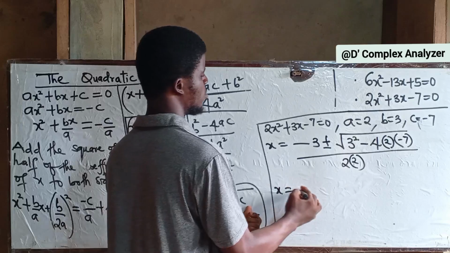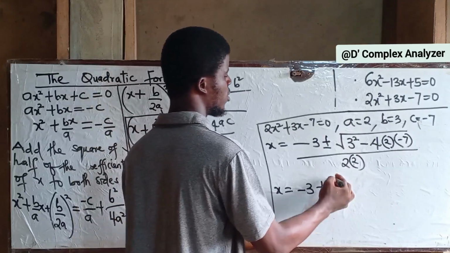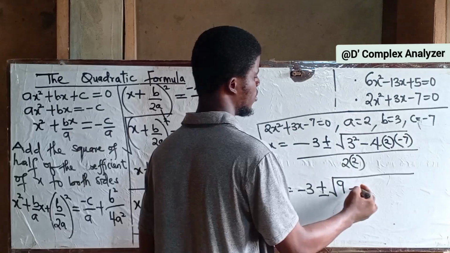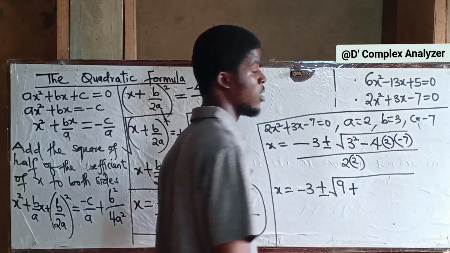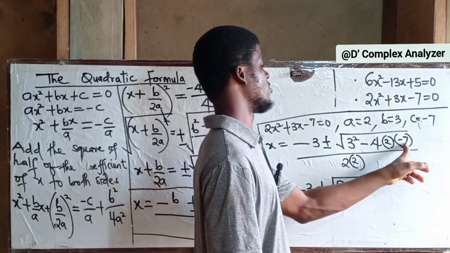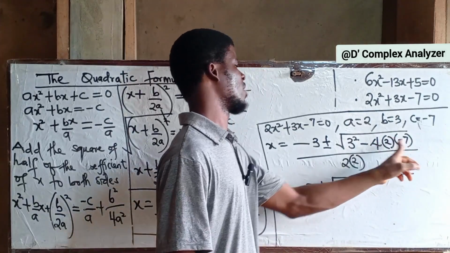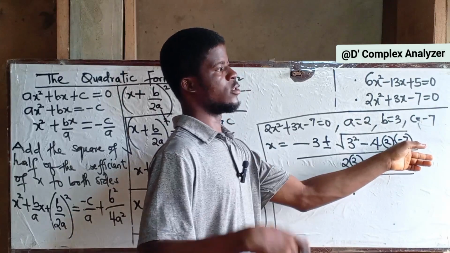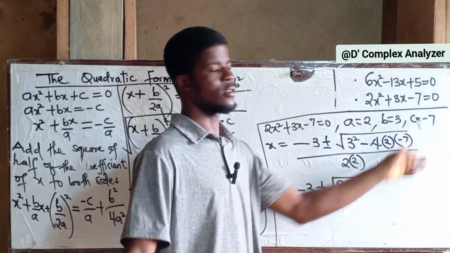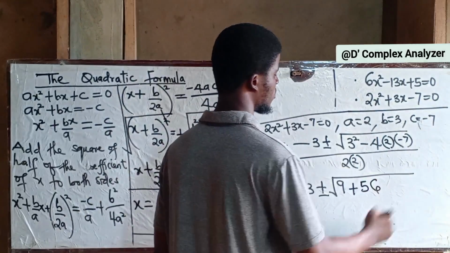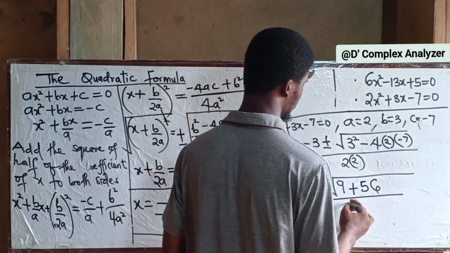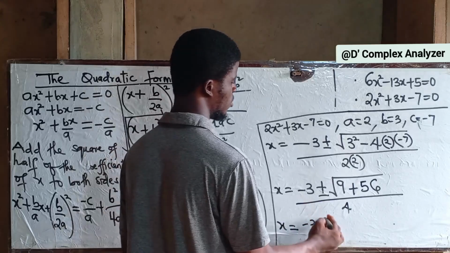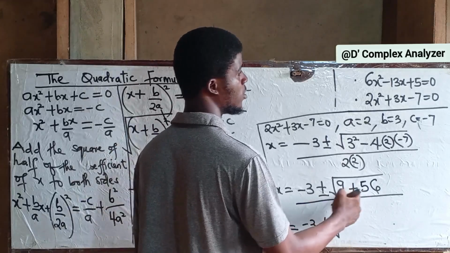So x is equal to minus 3, plus or minus the square root of 3 squared, which is 9. Minus times minus is a plus. 4 times 2 is 8. And what is 8 times 7? Or let's say 4 times 7 is 28. 28 times 2 is 56. Then divided by 4. So x is equal to minus 3 plus or minus the square root of, this is 65